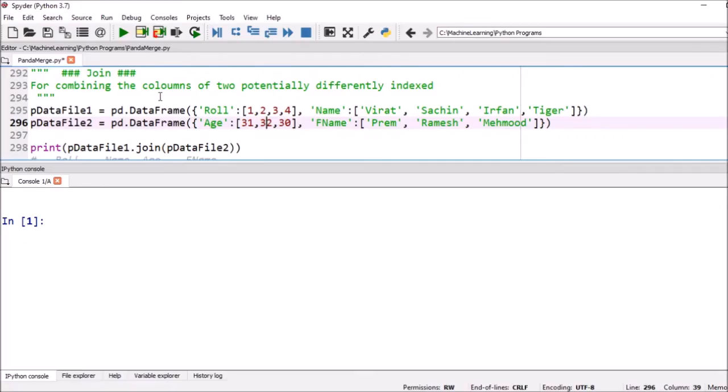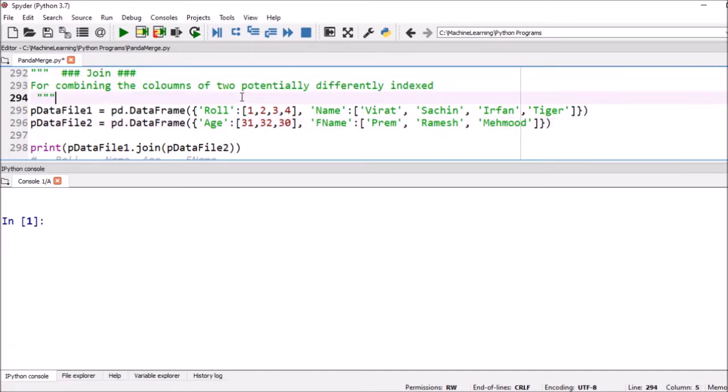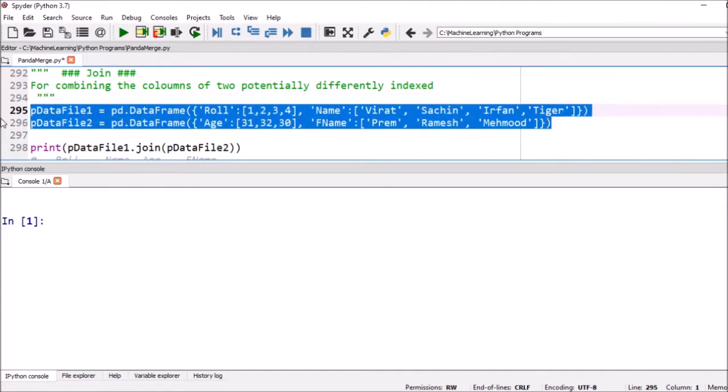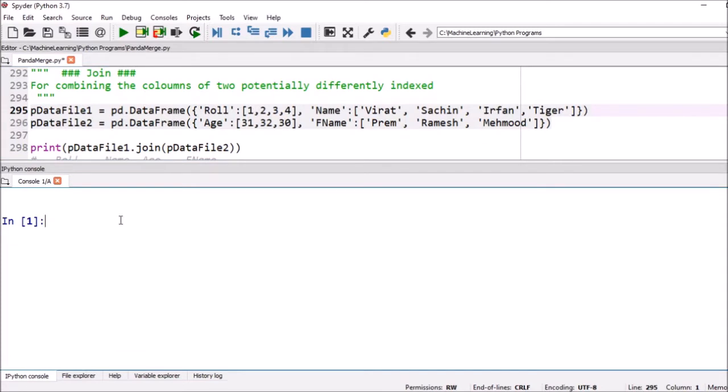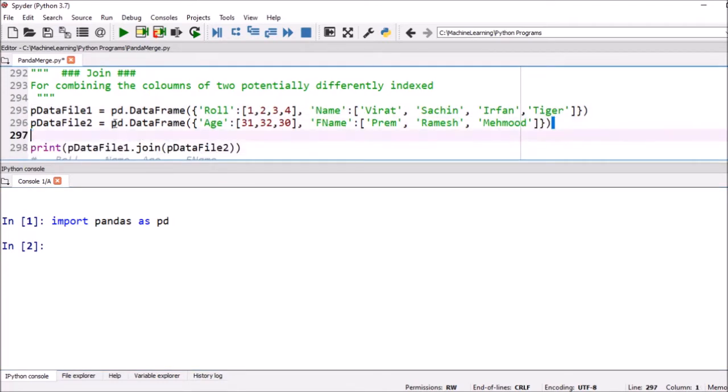In this video, we'll discuss the pandas join, for combining the columns of two potentially differently indexed data frames. We need these two data frames. Before that, we need to import pandas, so we can write import pandas as pd. After that, we can define these two data frames,